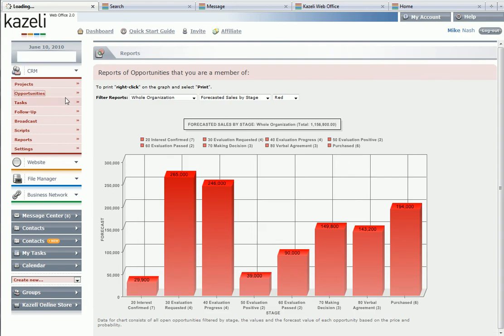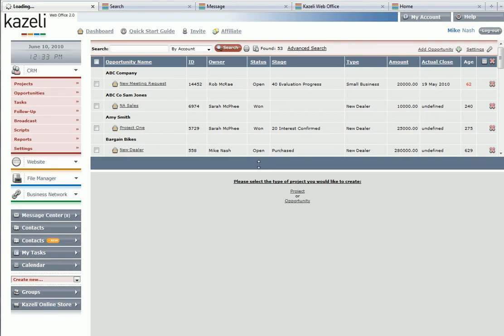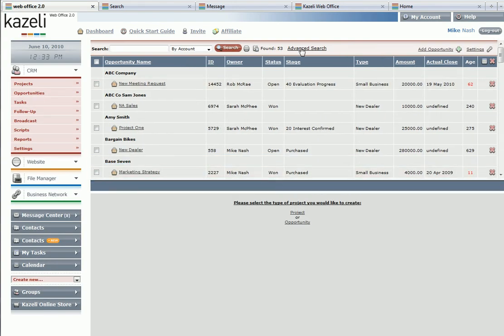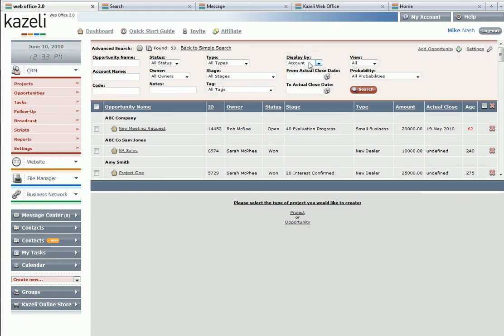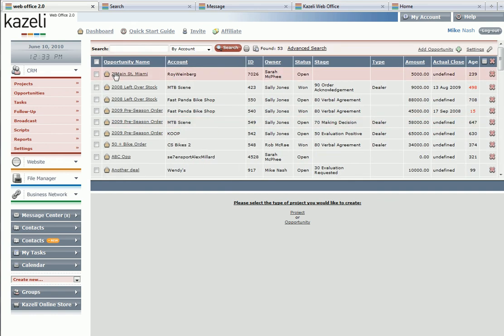Now, going back to the opportunities, we have some really great functionality here. Under the advanced search, you can flatten the display. So now you can see the opportunity name with the account name and everything in a single row. You can also sort this by any of the headers that are above here. So if you'd like, you can go ahead and sort it by owner,